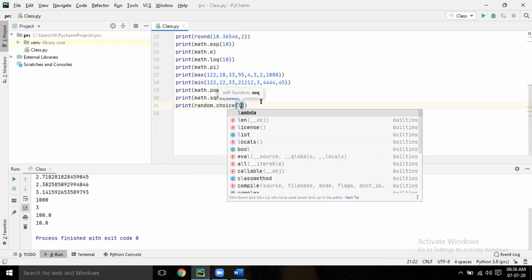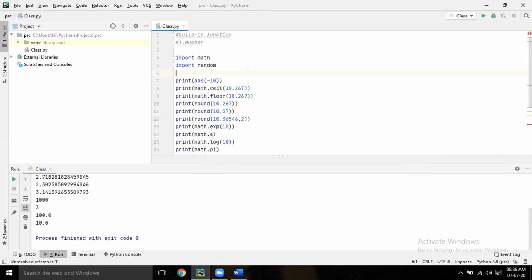Go up. Declare a list: L equal to, give some value. So from this list of values, it will randomly pick some value.